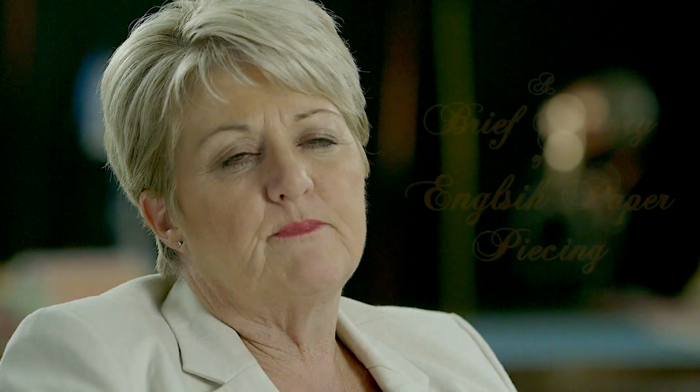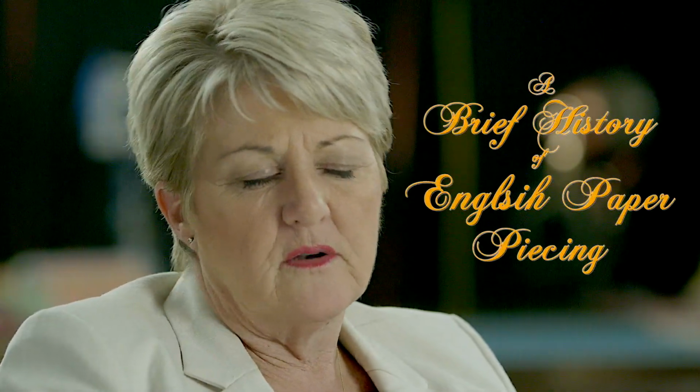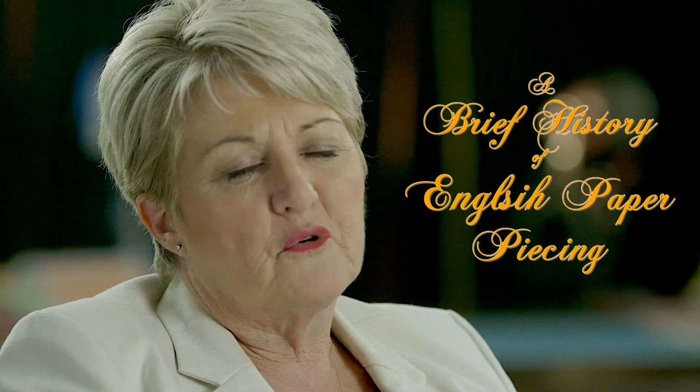English paper piecing dates back to about the 1700s, 1800s. I didn't invent it, it was already around, and it was a really time-consuming technique. Lots of people did it, but it took such a long time, and people would cut their papers out of old ledgers and old cards and whatever they could get their hands on, and they would cut them out with